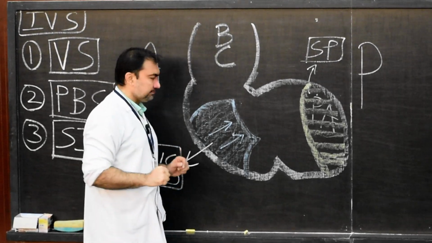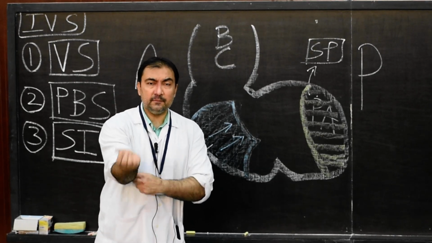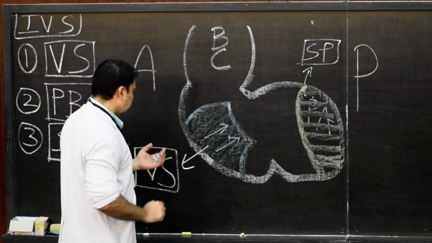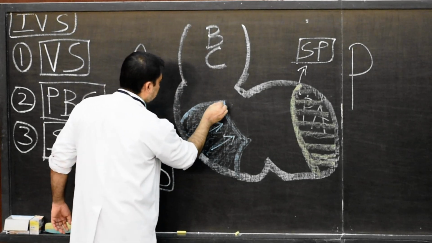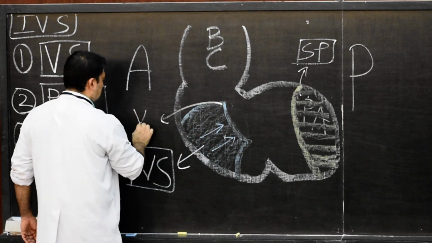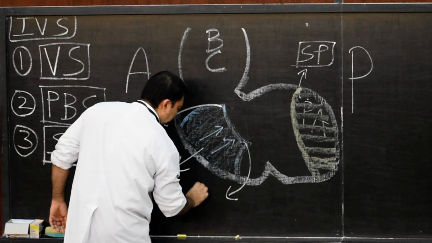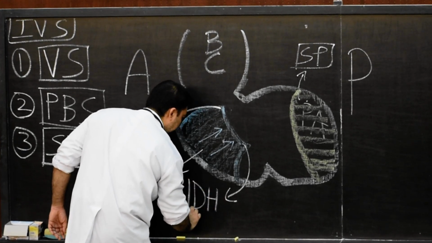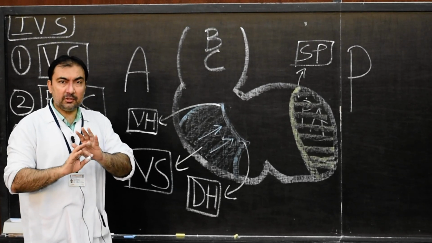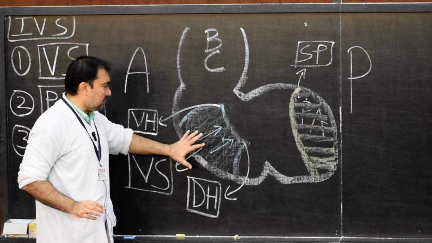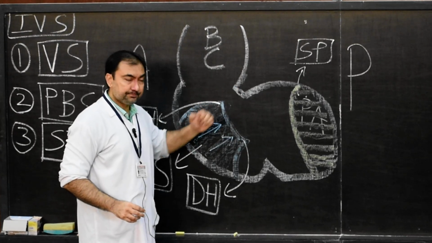This ventricular septum will have two horns. First horn is ventral horn and second horn is dorsal horn. So here there will be presence of two horns, ventral and dorsal. We can name this horn as ventral horn of ventricular septum, and here this horn as dorsal horn of ventricular septum. Very clear, very simple. Make it simple, do not complicate it. This much is about first point. And it is migrating. Where is it going? It is going dorsally and cranially.